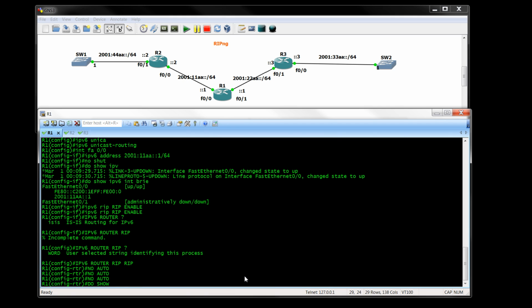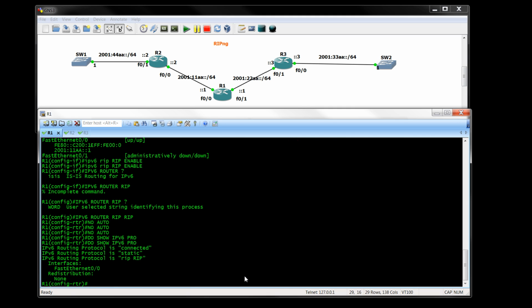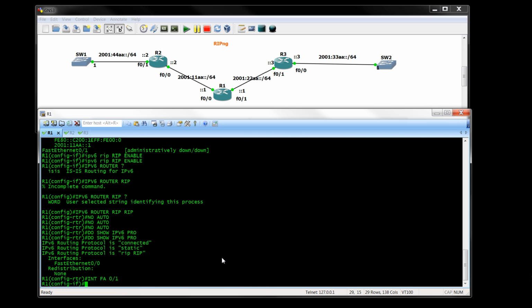Let's issue do show ipv6 protocols, and as you see here, the IPv6 routing protocol is RIP, connected, and there is static, and there is the process number, which is RIP in this case. I'm going to go to FastEthernet 0/1 and configure the IPv6 address,